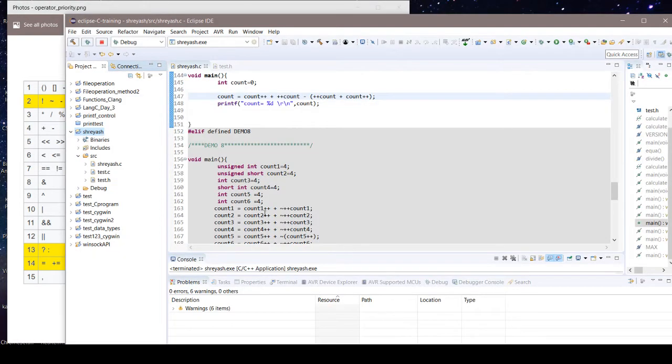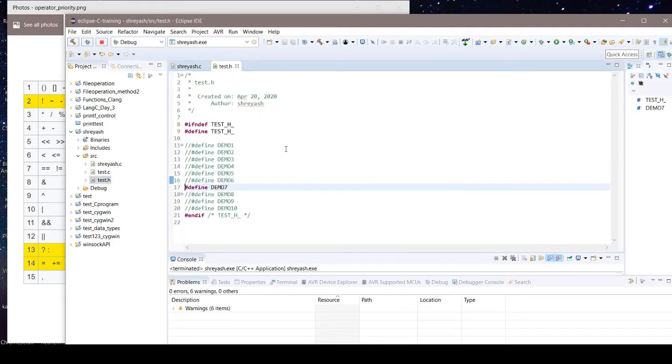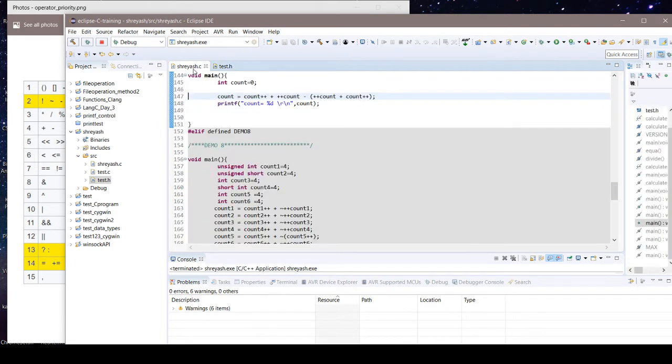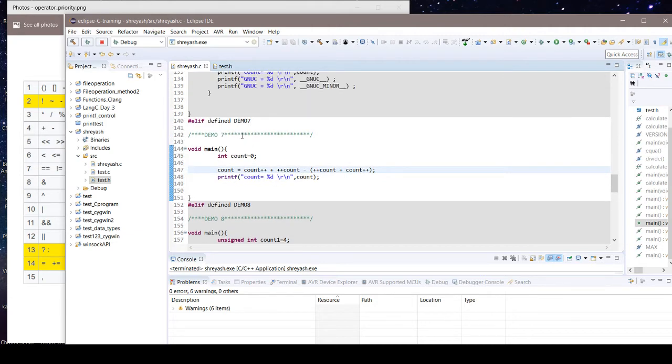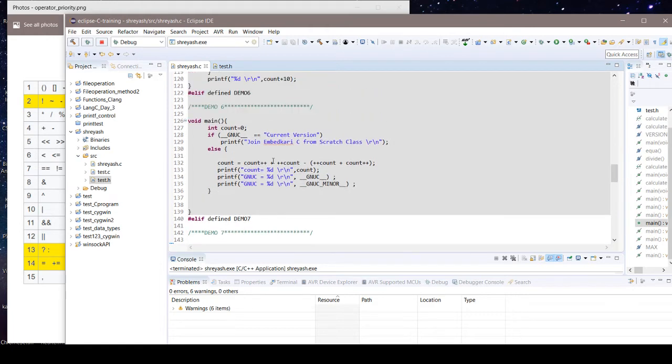So first, the preprocessor related thing. Right now demo 7 is there, and I have already built it. In this file, demo 7 code is enabled, and the rest is not active.